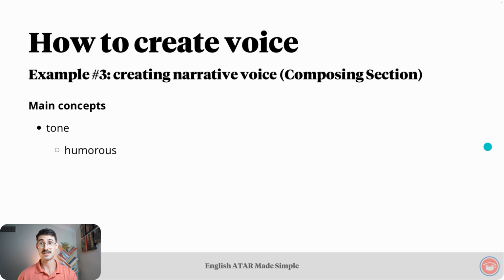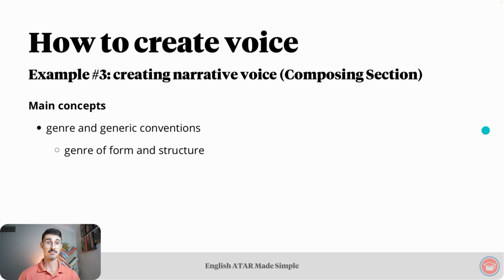Looking at tone, we could say the tone is humorous. As we know, tone is created through diction and syntax. Relating that to the text, we could say the euphemisms and instances of brief syntax contribute to the creation of this humorous tone. Looking at genre and generic conventions, focusing on the genre of form and structure first, it's a novel. Turning to the genre of subject matter, it's sci-fi. So what are some conventions of sci-fi novels? There are normally computers and sort of electronics, and we're seeing those conventions within that excerpt of the text that we just read out.